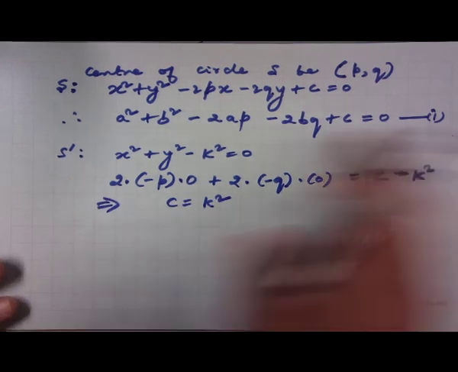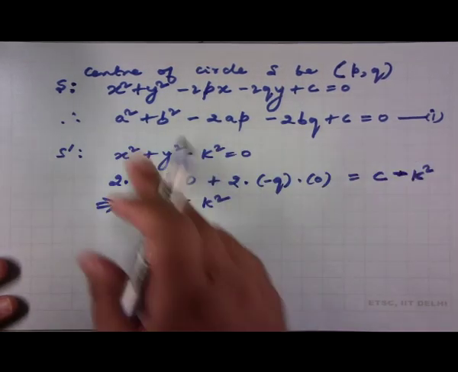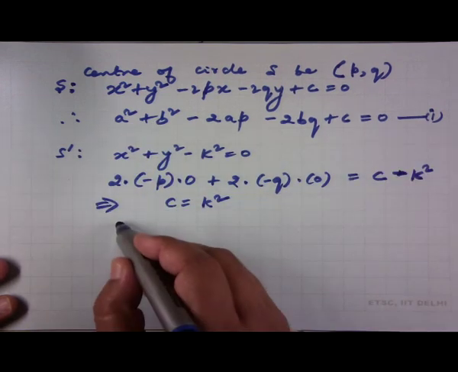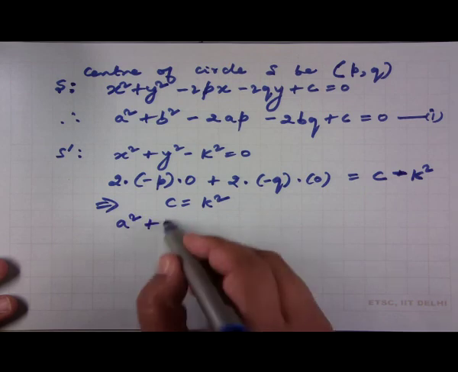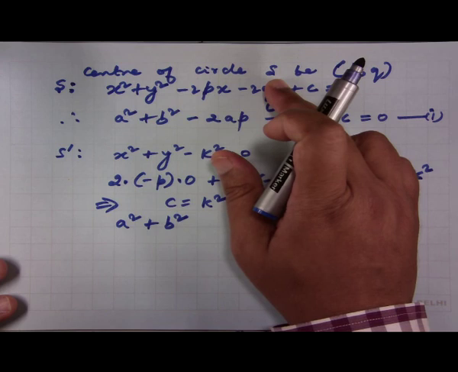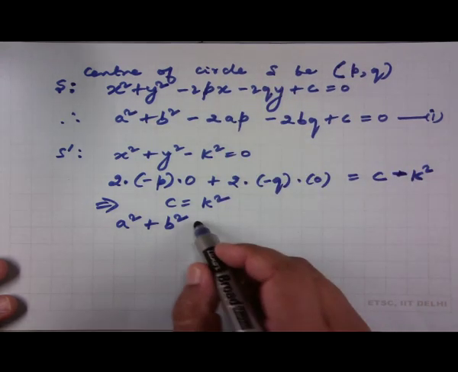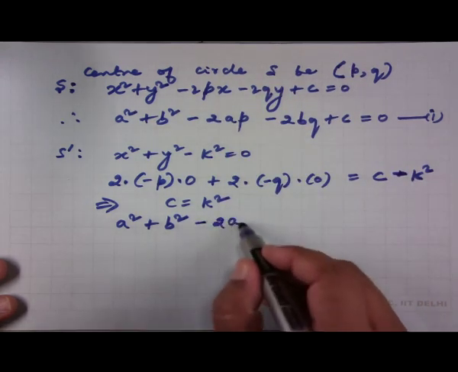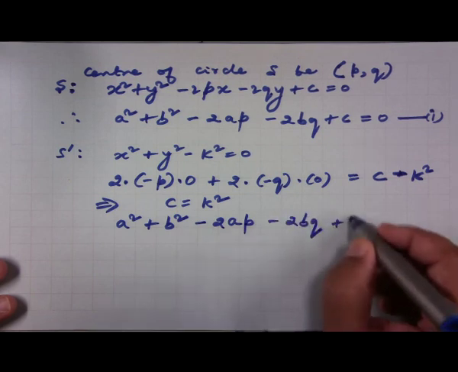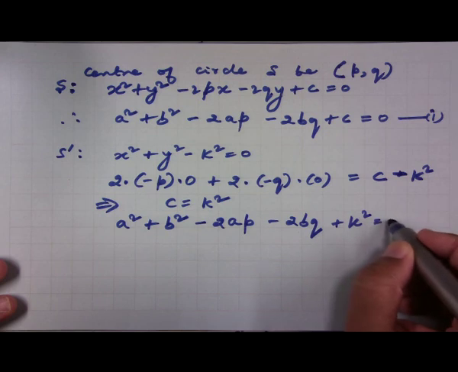So, therefore, if we use this fact in equation 1, what we get is that the coordinates p and q of the center of the circle S must satisfy the equation a square plus b square minus 2 ap minus 2 bq plus k square equals 0,